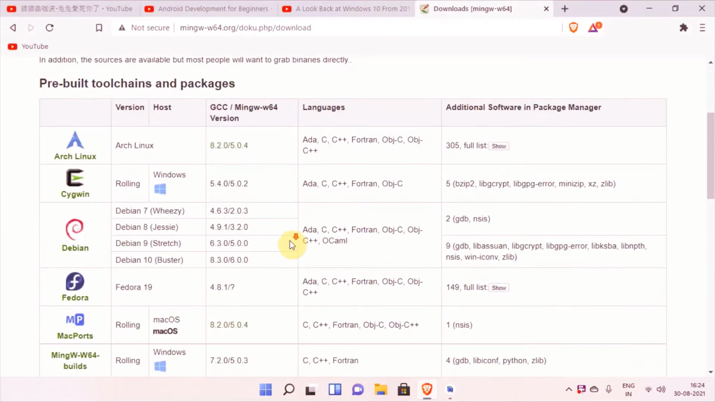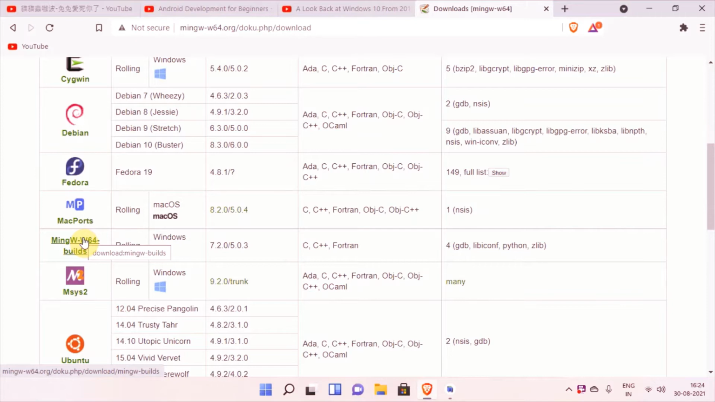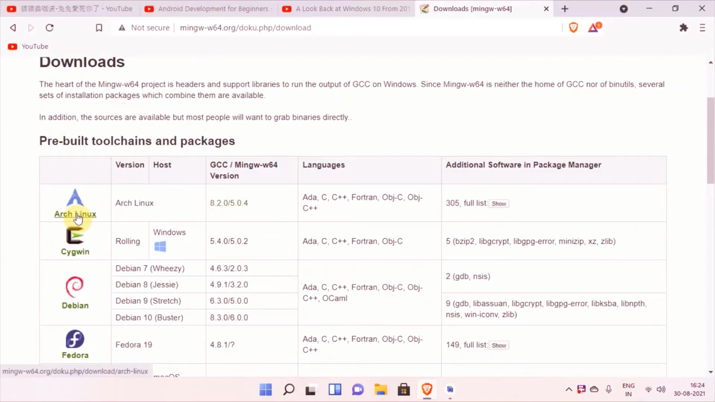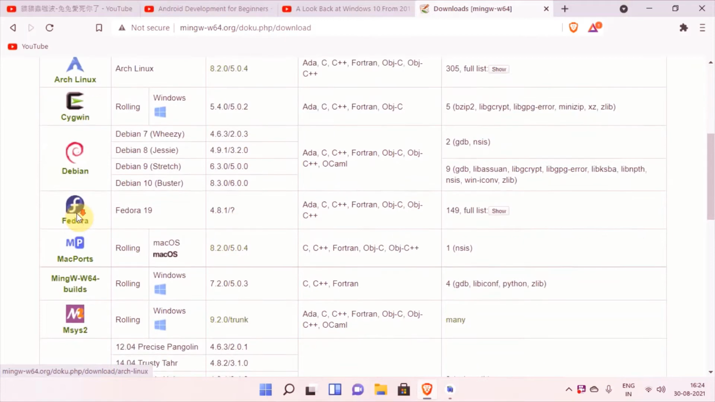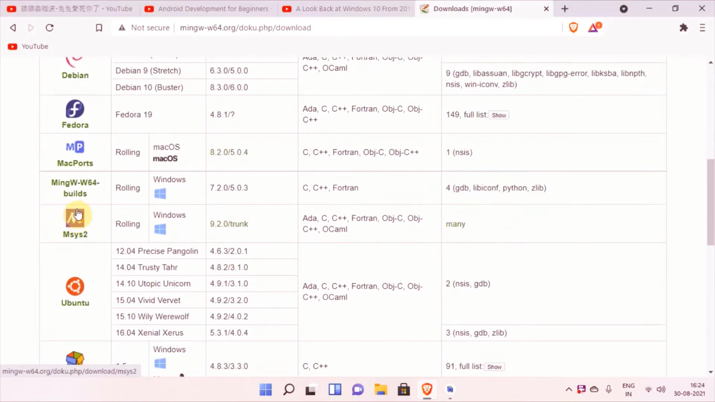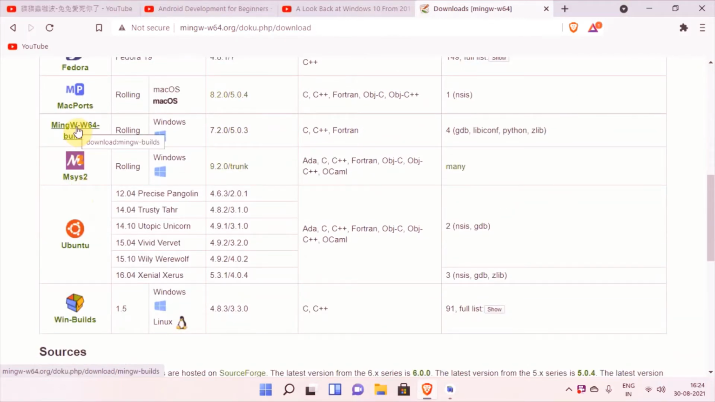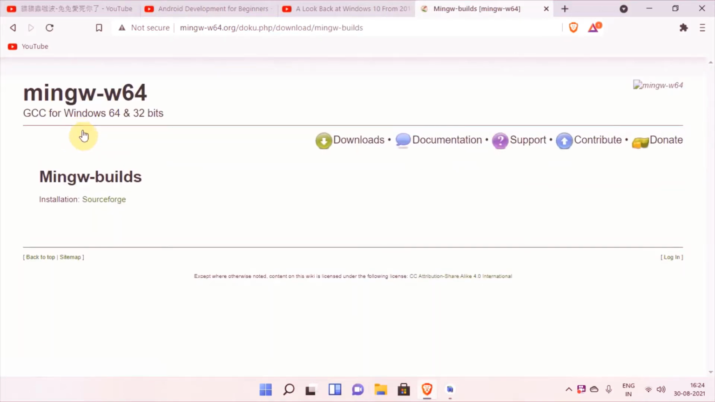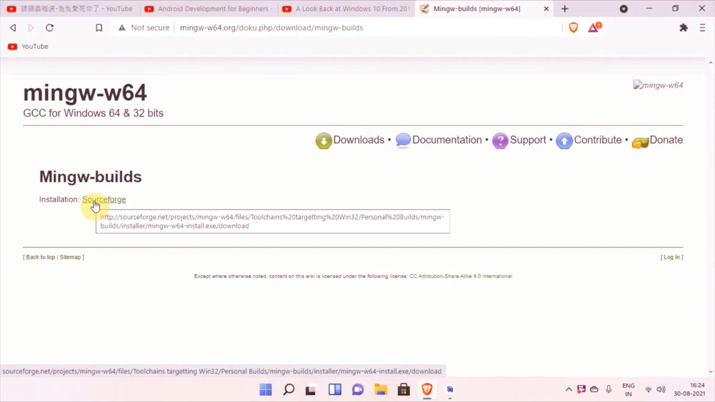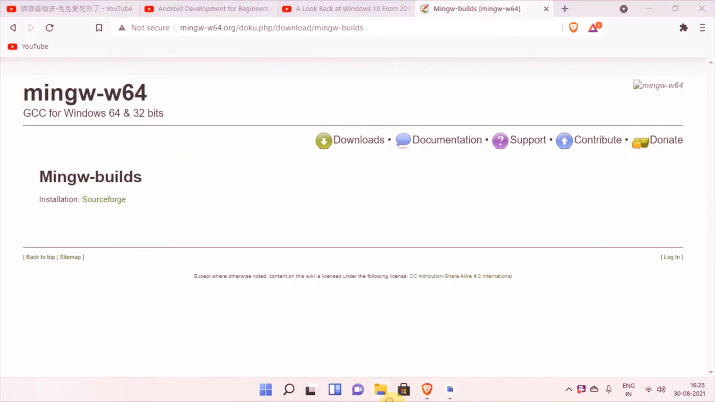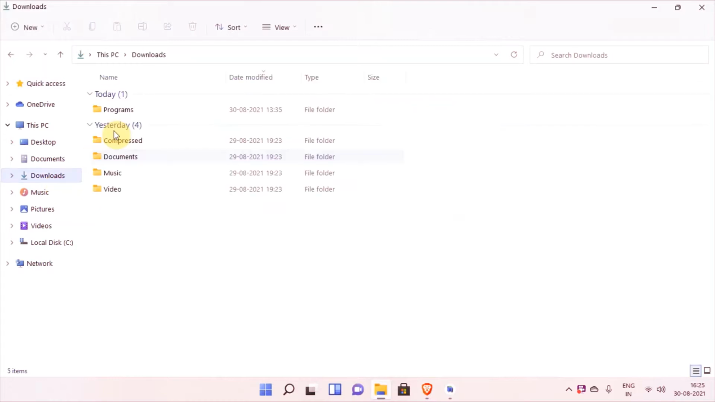So after you have done that, here if you are on Windows, select this MinGW-w64 bits. And if you are on a Linux distribution, select the Linux distribution that you are currently running. I am running Windows, so I will click on MinGW-w64 bits. And then here just click on this installation SourceForge. Now I have already downloaded the installer, so I will open that up